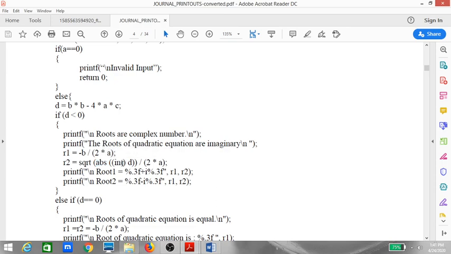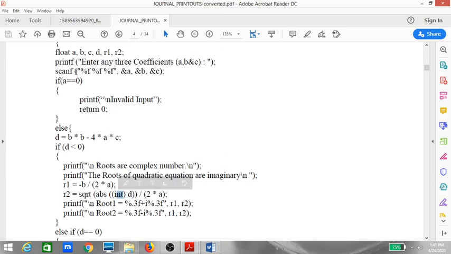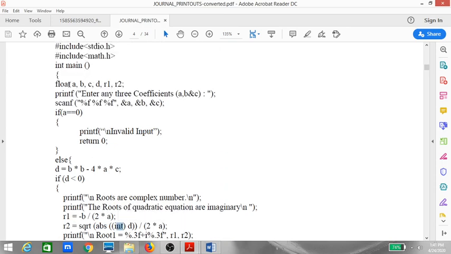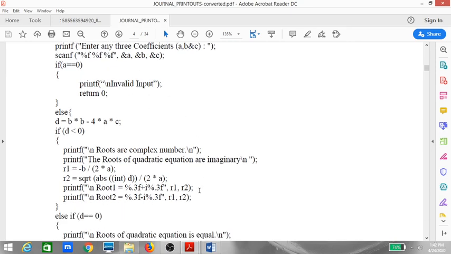And why do we have int? Because we have declared d to be of the type float, and when we are calculating square root, it is best we work with integers. So d is first converted to integer. This d, what we are talking about, will be converted to integer. This is nothing but typecasting. Once I typecast it, I convert the number into a positive number with this formula.